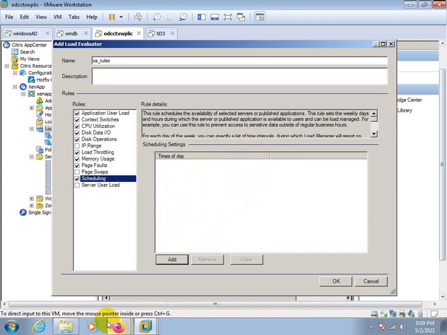This will reduce the workload. Suppose that you have 7 servers, and on weekdays or Saturday, Sunday, you want only 2 servers to be on because of very less workload, or users cannot access other 5 servers because of the maintenance activities.